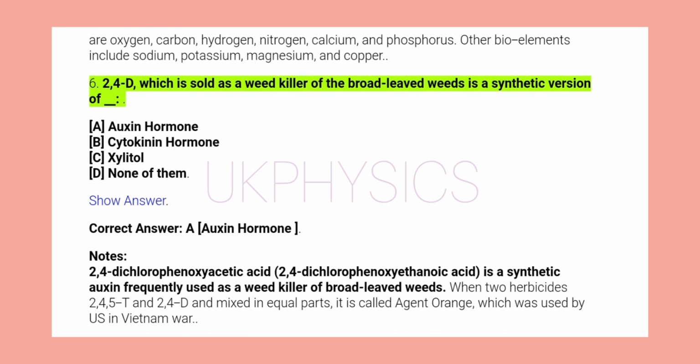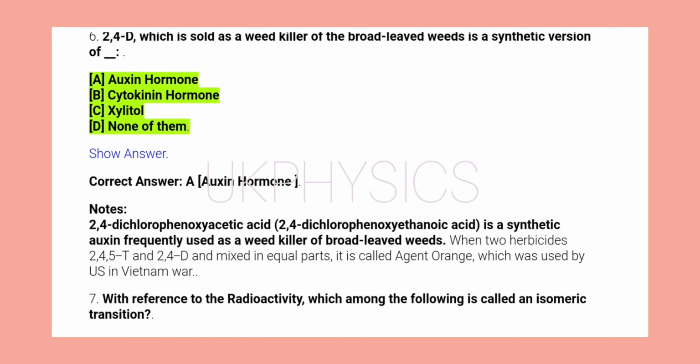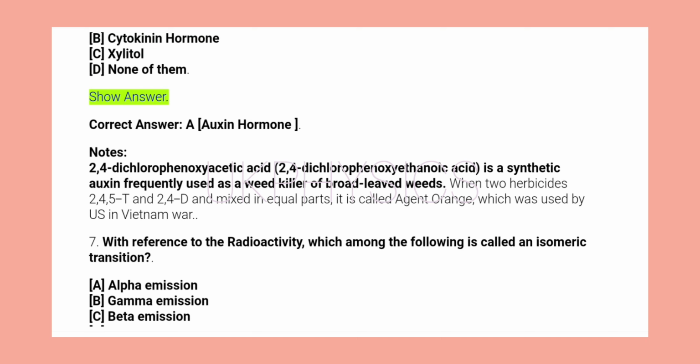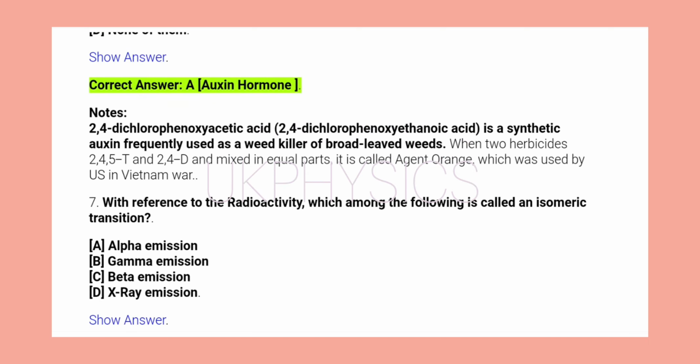6. 2,4-D, which is sold as a weed killer of the broad-leaved weeds, is a synthetic version of __. A. Auxin hormone, B. Cytokinin hormone, C. Xylitol, D. None of them. Show answer. Correct answer, A. Auxin hormone. Notes: